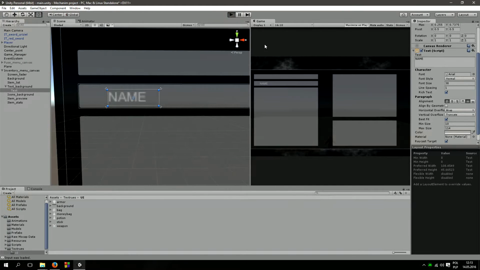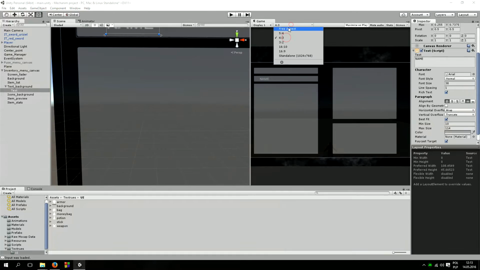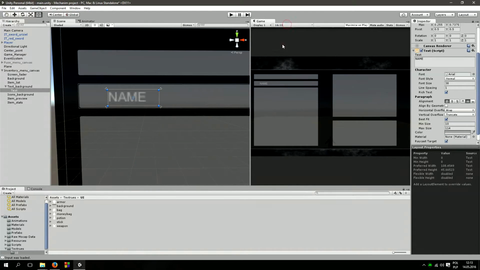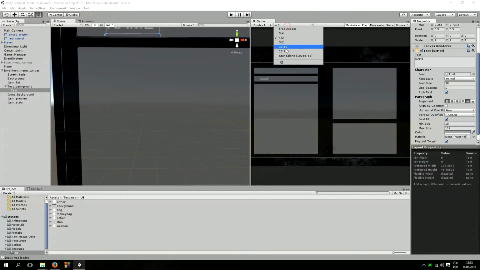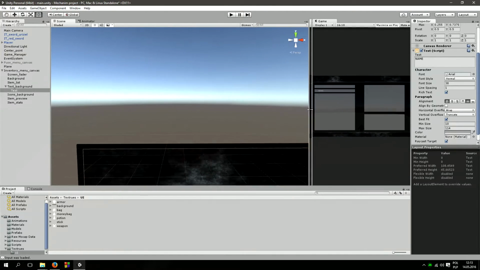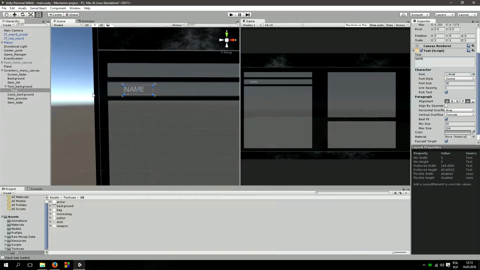So let's see how it's working. We've got the name, change the resolution. So it's okay, the best fit property does what it is designed for. You see the text scaled. And now I will call it name,